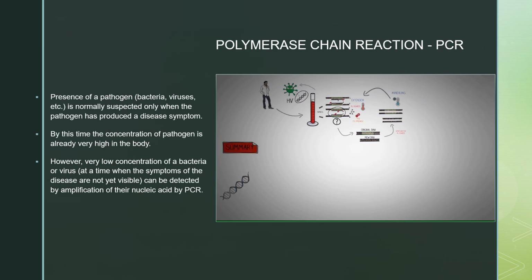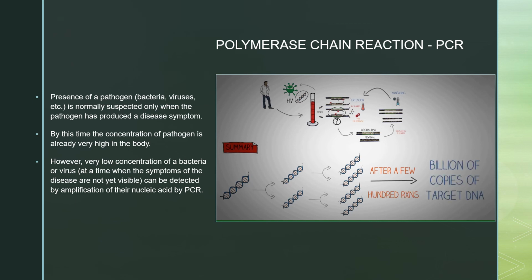These steps are repeated again and again, and this is what makes the PCR a chain reaction. To summarize, basically the products of the first reaction are used as the substrate for the next reaction, which means that if in the first reaction we got 2 DNA out of 1, in the second reaction we will get 4 DNAs out of 2. And in the third reaction we will get 16 out of 4, and similarly by a few hundred reactions we are able to get billions of copies of the same fragment of DNA.